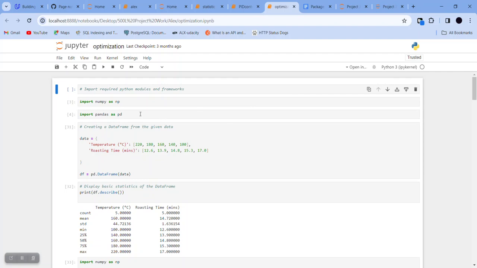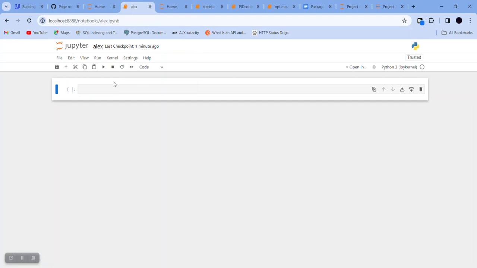So the first thing you need to do on this new file that you've created with Jupyter Notebook is to import those packages that you installed. So we want 2 important packages now. We want